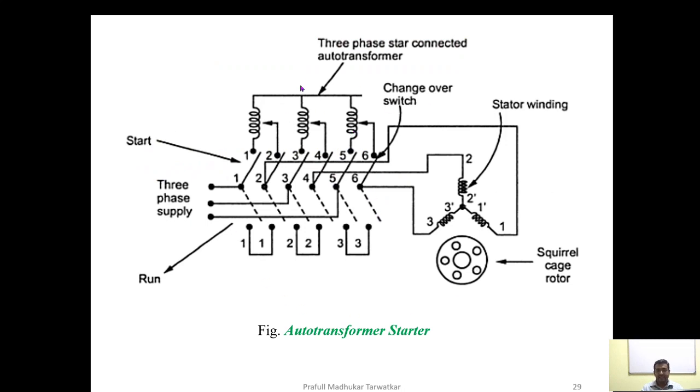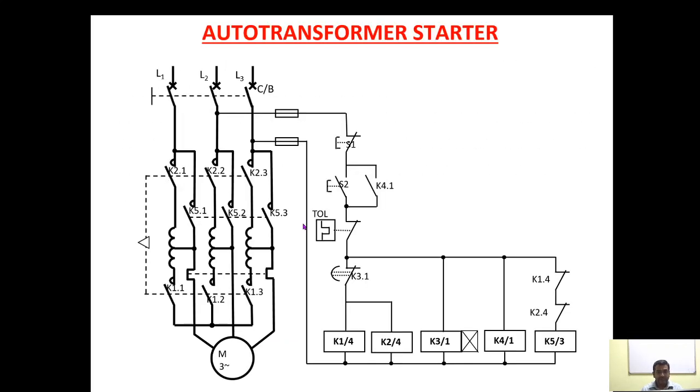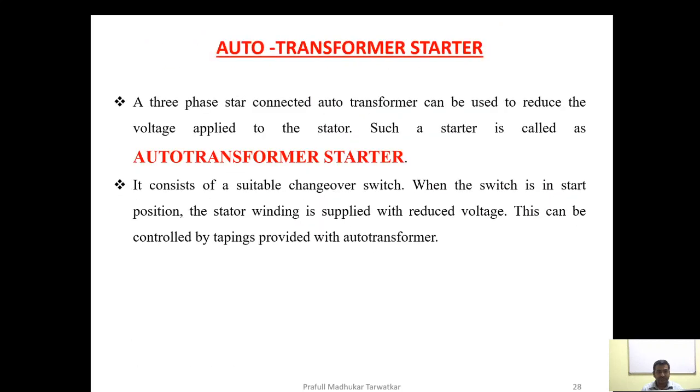Now this is exactly how it looks. This is an auto transformer winding wherein the tappings can be altered in terms of fractions of percentage, and this is a stator winding. Now if we look at this, the complete winding is receiving the voltage V1. Say I have an X% tapping with respect to the auto transformer, the voltage available to the stator winding will be X times V1. This X may be a percentage, 10% to 90%, 100%, we can vary, and because of which the respective torque equation is again changed.